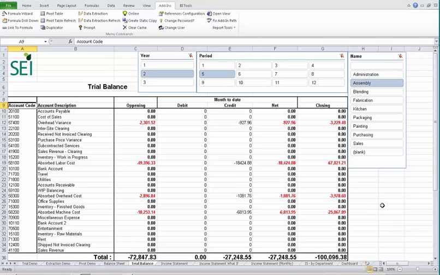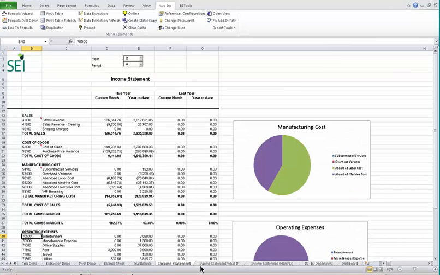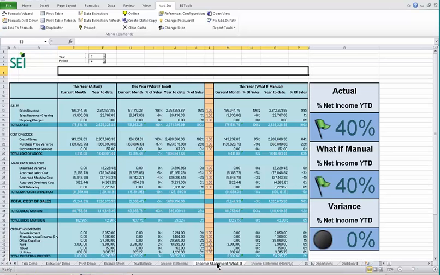Choose assembly, and you can start seeing more information showing up here. I've got conditional formatting so that negative numbers are showing up in red. I have the ability to see pivot tables and build both charts, to see an income statement here and build charts as well. And I also have the ability to use the Excel what-if analysis function to analyze my numbers